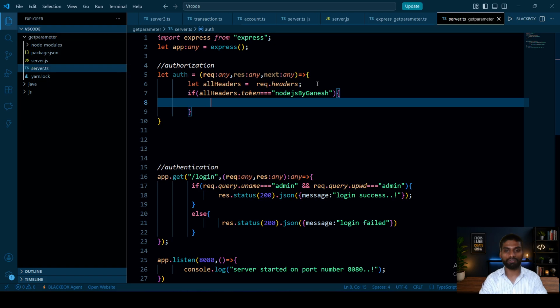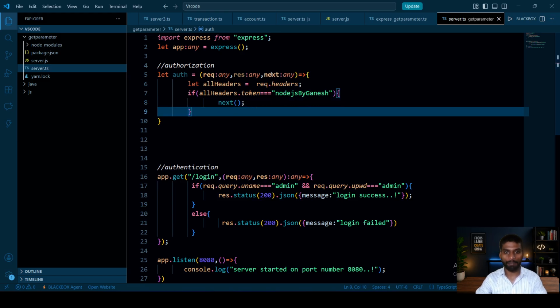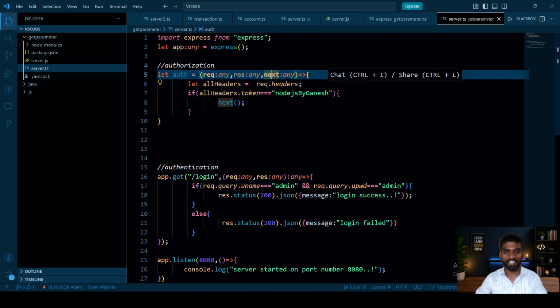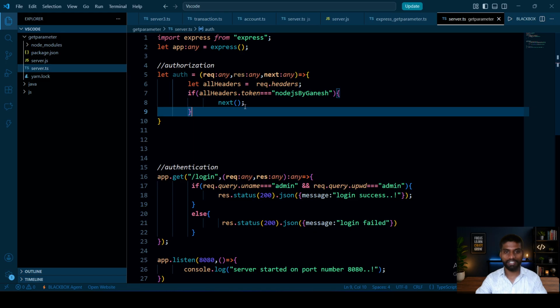If I pass this token, then only authorization is successful. So simply call the next function that I pass here. Next means success. Else,